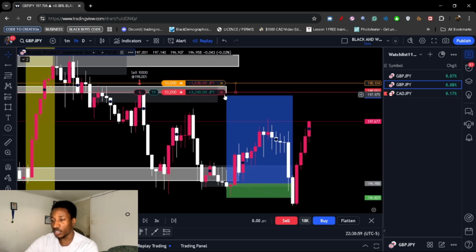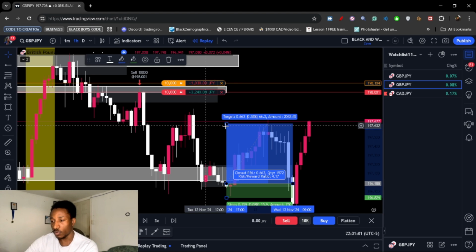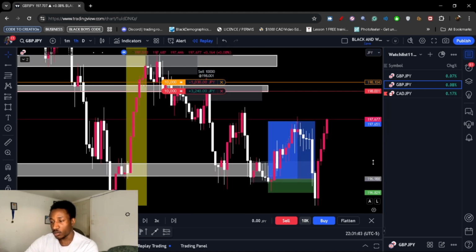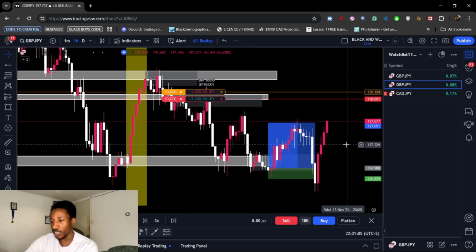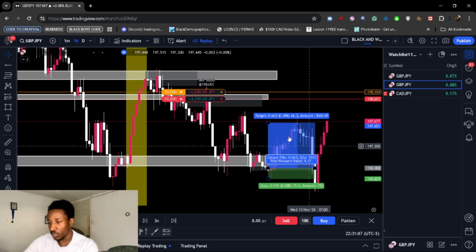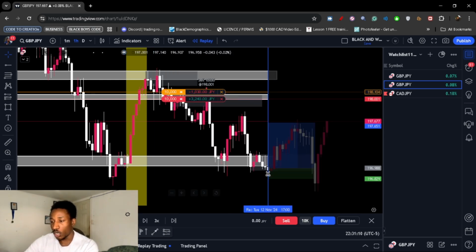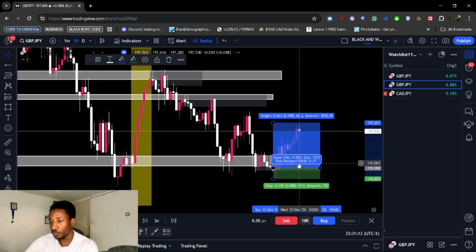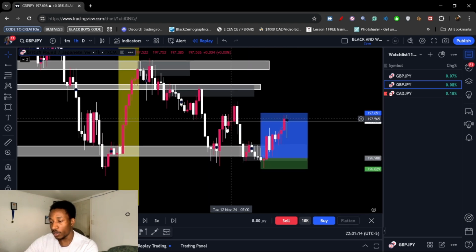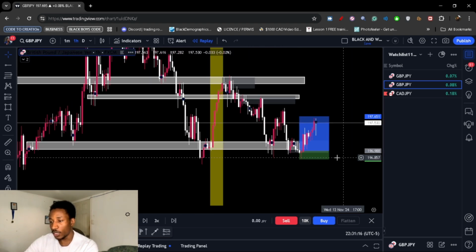But if you notice, price still gave us a nice 1 to 4 risk to reward, right? So price still did end up hitting our stop loss. But guys, what I actually forgot to mention was this. So if we zoom all the way up here, boom, right? If we zoom all the way up here, you're gonna notice also that